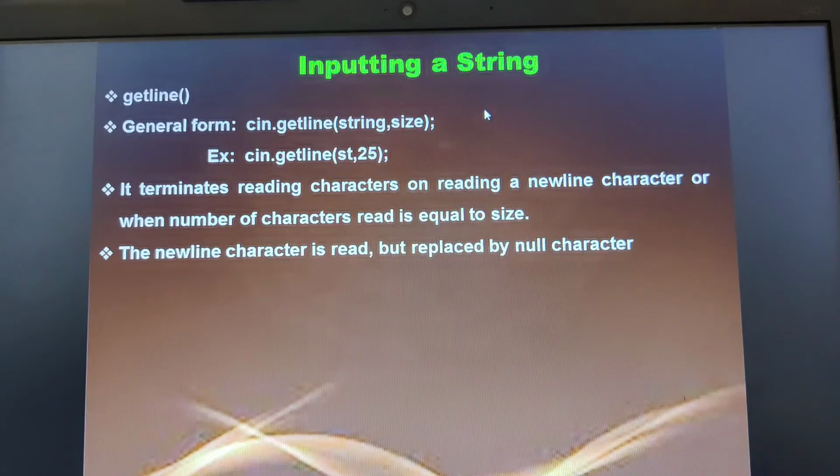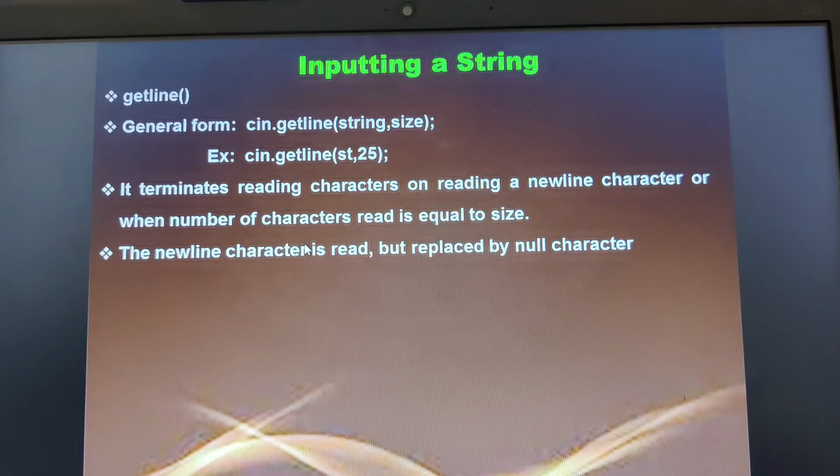Suppose I give char st[10] and you have given 10 characters, until that it will read. When the size is also matching, until then it keeps on reading the sequence of characters in a string. That is the meaning of it.